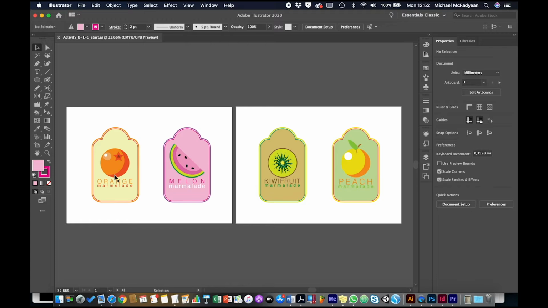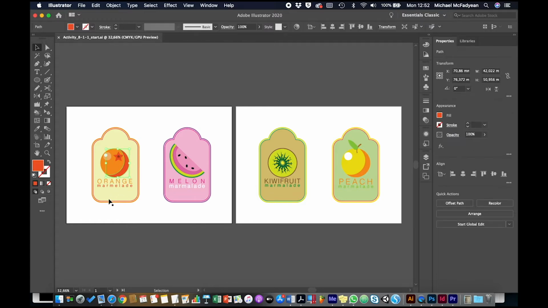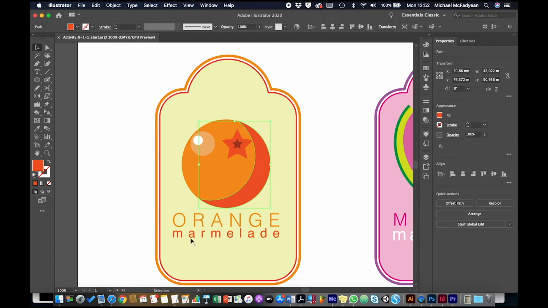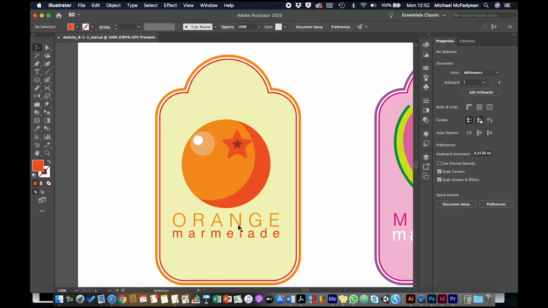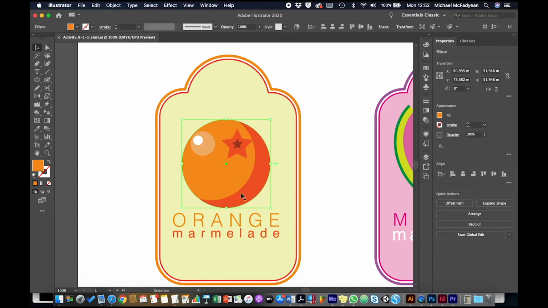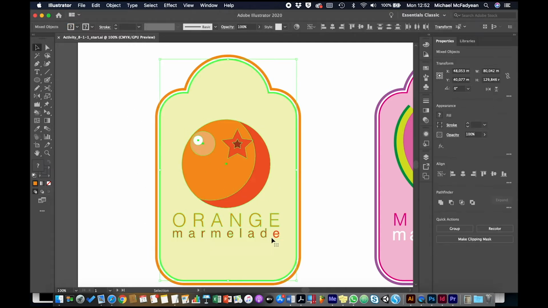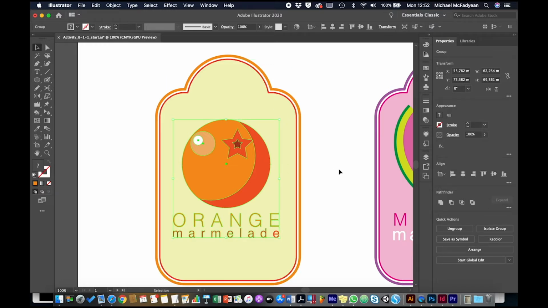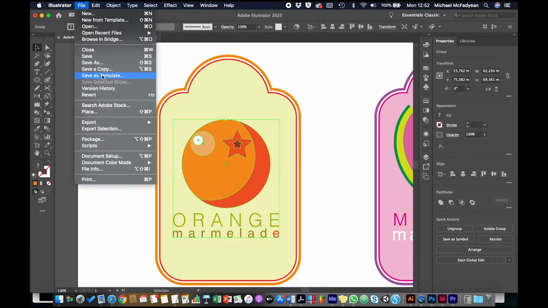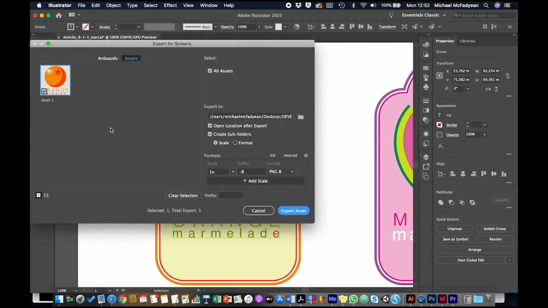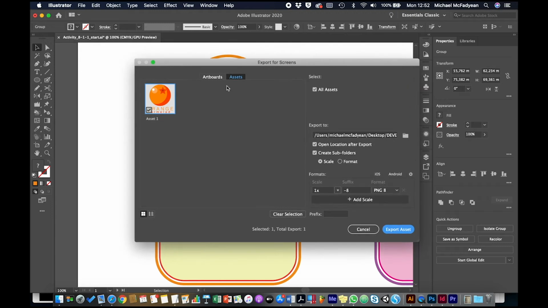So you're going to follow along with the first label, and then you're going to do the rest on your own for practice. So we're going to zoom in here, and let's say we first just want to get the actual logo out. So if I take everything except the label, I'm just going to group those together, and then I'm going to go to File, Export Selection, and I'm going to give it a name. So I'll just call this